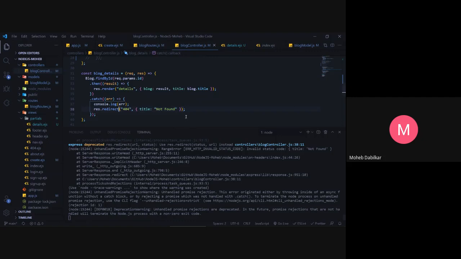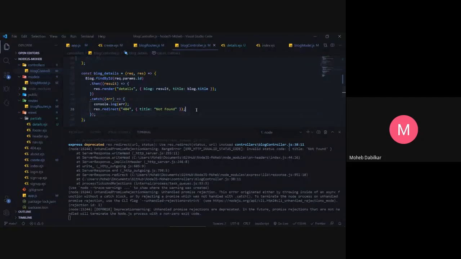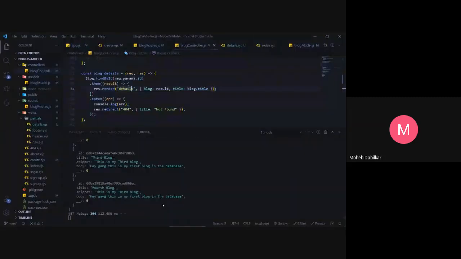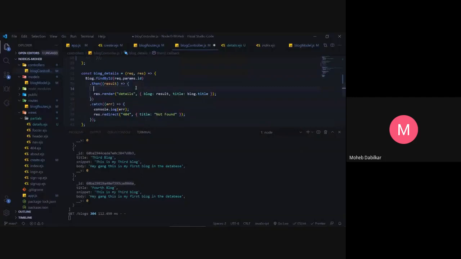All right, well, that is bad right now. So let's go to the details. Okay. Well, for now, let's go to the home page so that we can get some ID. So this is an ID. Okay. So okay. Well, let's just put in this ID over here